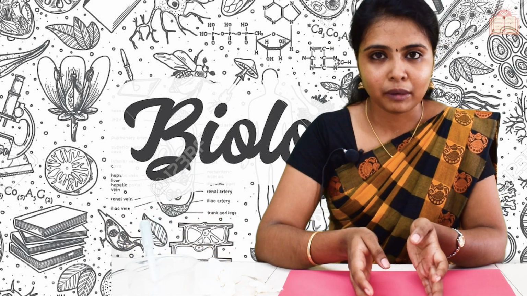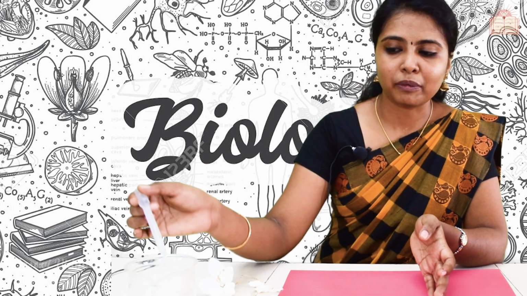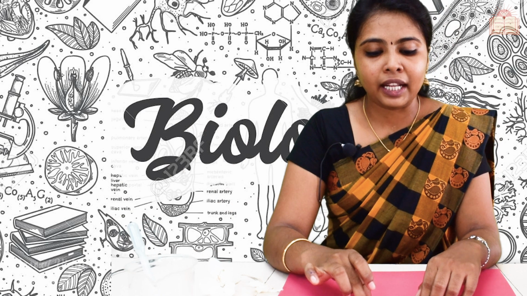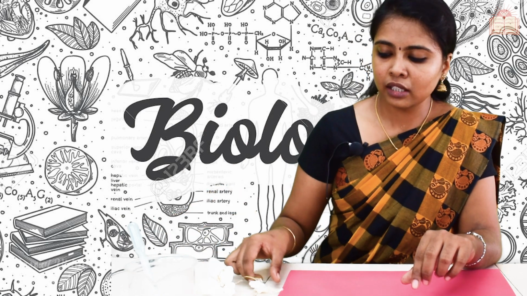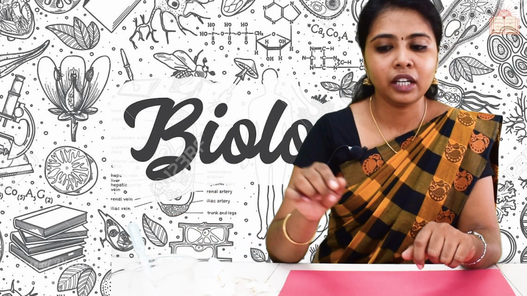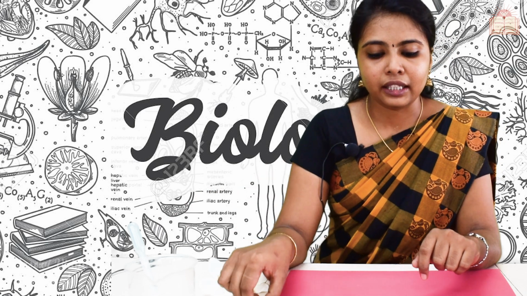It must be done using a dropper. One or two drops must be dropped into the cavity slide, and then we have to dust the pollen grains from the flower using a needle, and then the cover slip must be put. Ensure that no air bubbles are present between the cover slip and the slide. No air bubble should be present. If it occurs, it will not be a neat presentation.